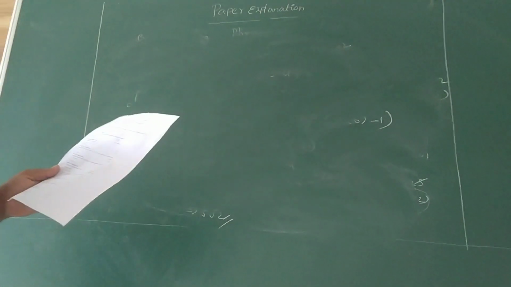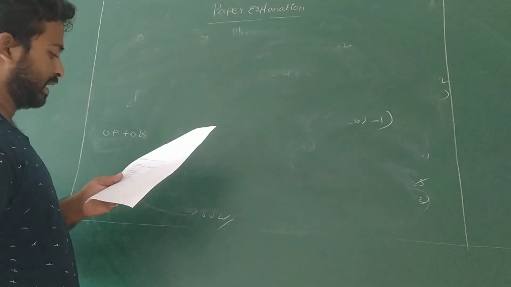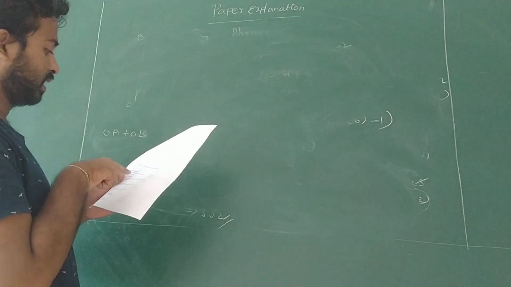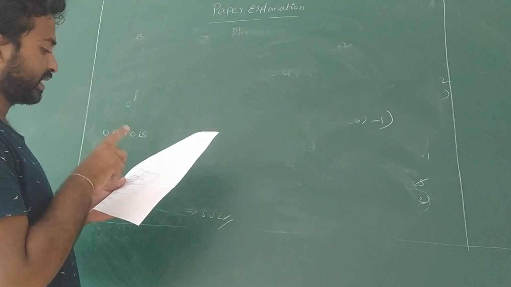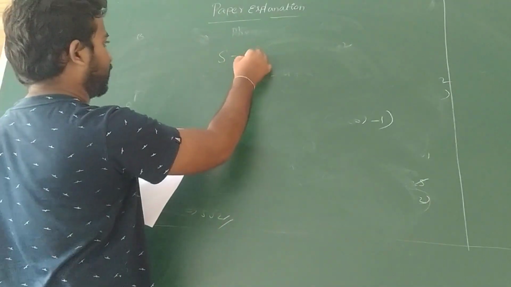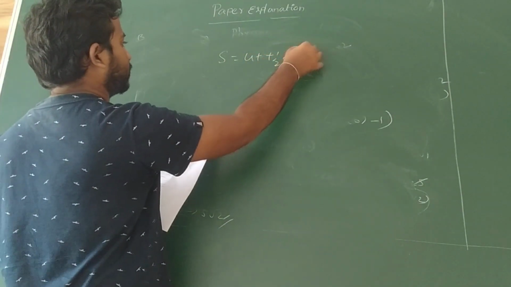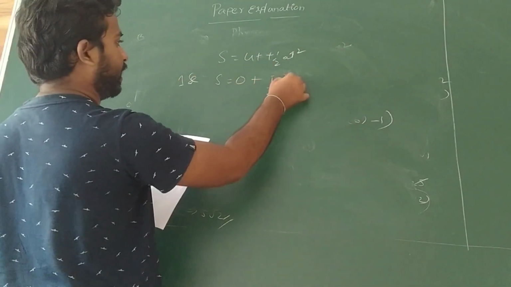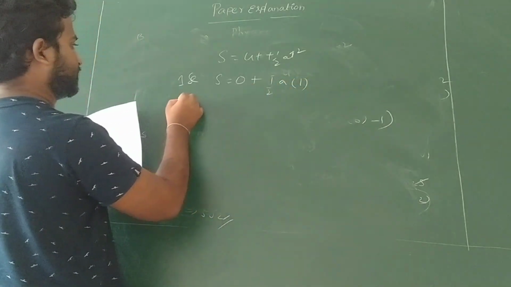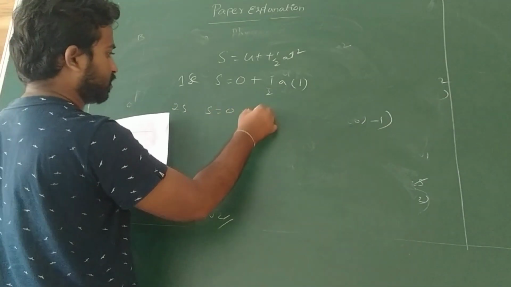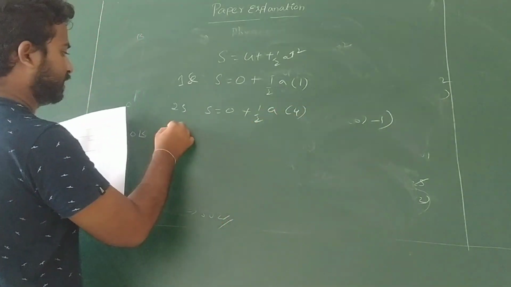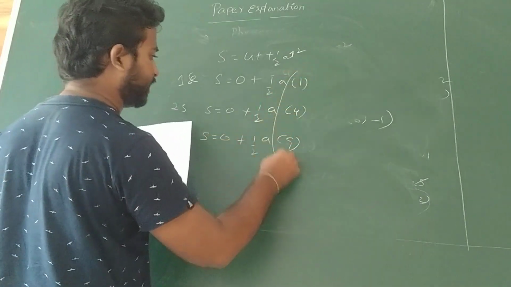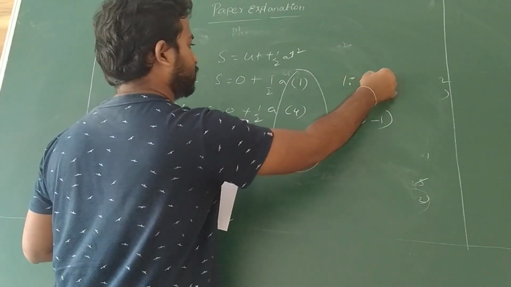The distance traveled by a body starting from rest in the first, second and third seconds are in the ratio? It is the last question for this grand test. Dear students, here they are not asking for the nth second; they are asking for the 1st second, 2nd second and 3rd second. So we can choose the formula s equals ut plus half at square. It is starting from rest, so u is 0. For the first second, half a t square with 1 square is 1 only. For the second, s equals 0 plus half a into 2 square, which is 4. For the third second, s equals 0 plus half a into 9. So the ratio is 1 is to 4 is to 9.